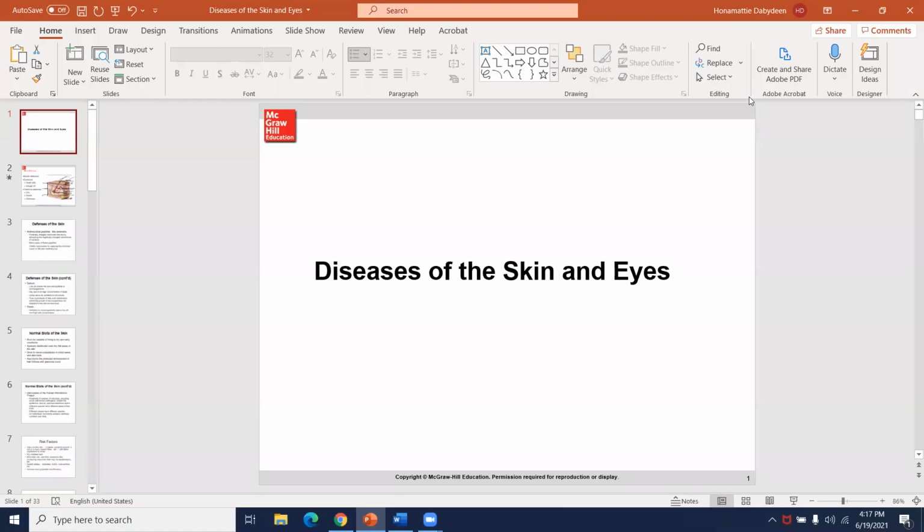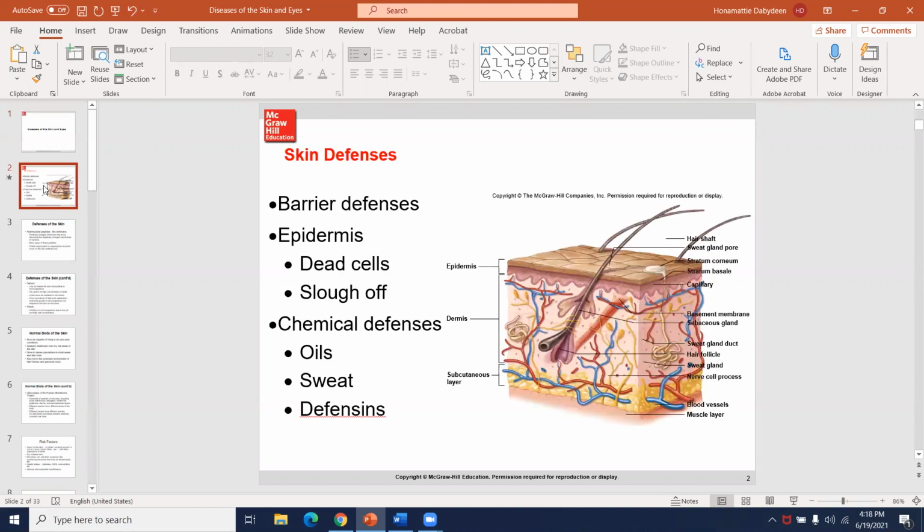Hello again, everybody. Today, we're going to be talking about diseases of the skin and the eyes. In line with everything that we've been doing so far, I'd like to talk a little bit about the anatomy of the skin first. All right, there is a picture that I took out of your textbook, and it shows